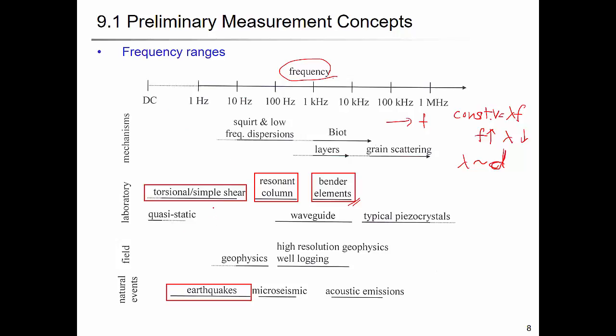So it's called a quasi-static loading condition. And as you go to higher frequency, it becomes wave propagation. And in the field, the relevant field scale frequency of the geophysical method is in the range of 10 to 100 hertz, like